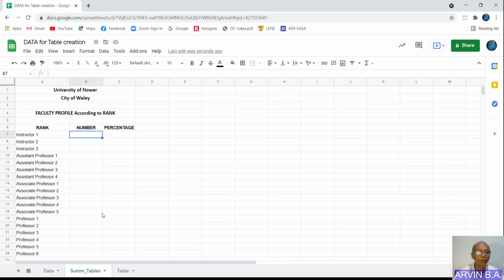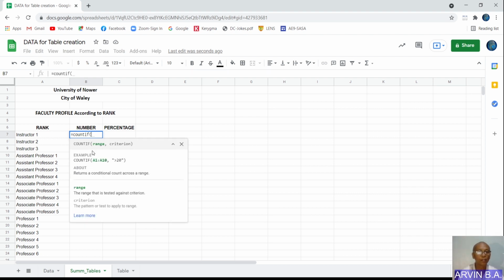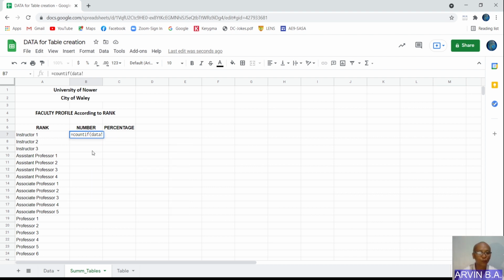So going back to our summary table sheet, we now have our formula. COUNTIF, and then the range, data, exclamation point, B2 to B175,